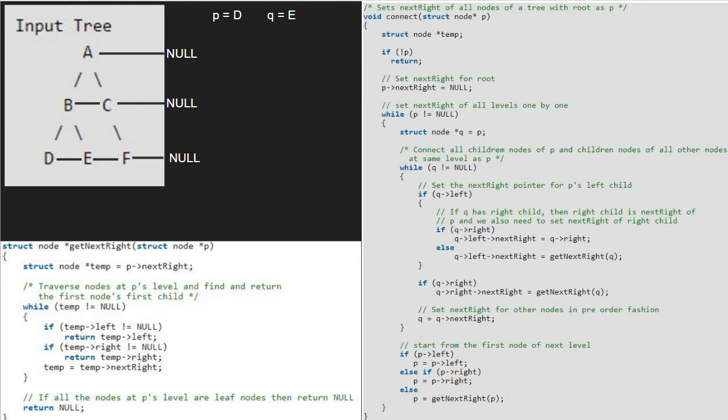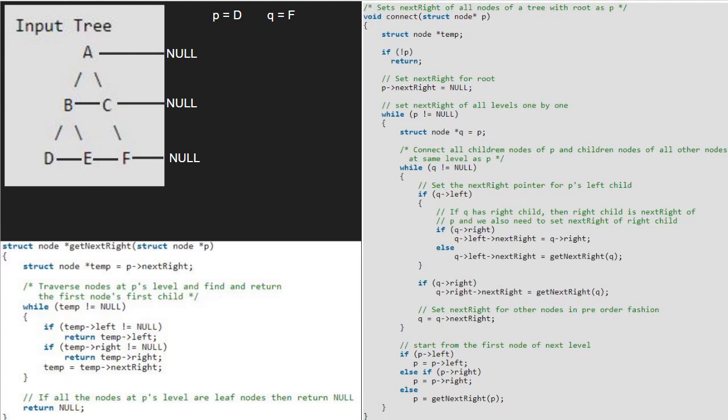Since Q is not null, we continue with the inner while loop. Again, as E does not have a left and a right child, we make Q point to Q's next right. Hence Q will point to F. Again, Q is not null, so we check if Q has a left or right child.